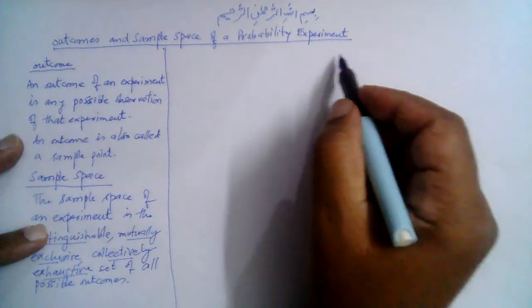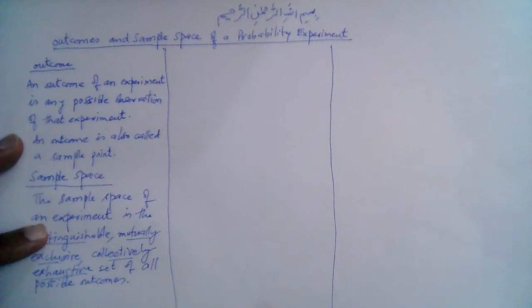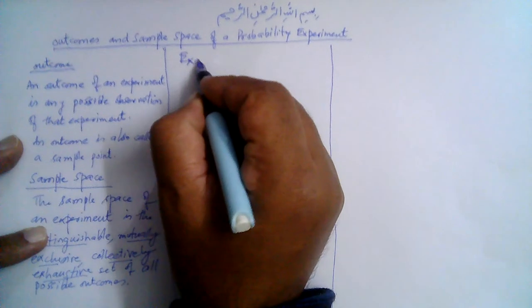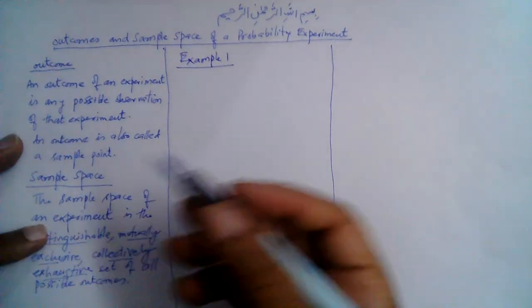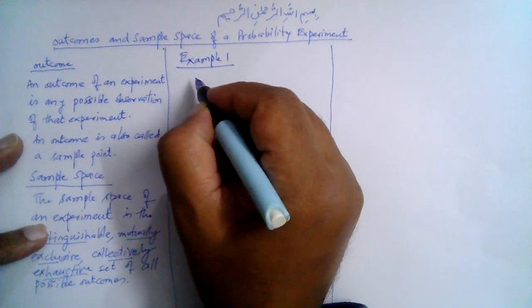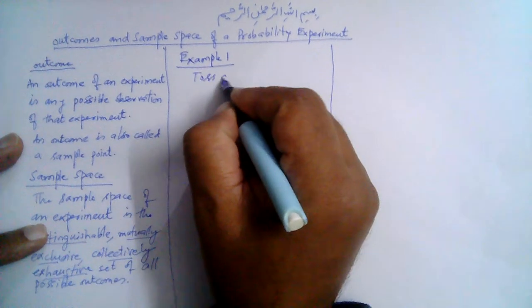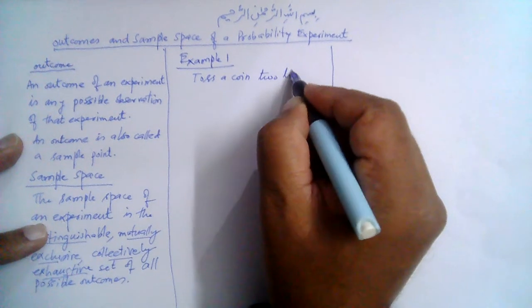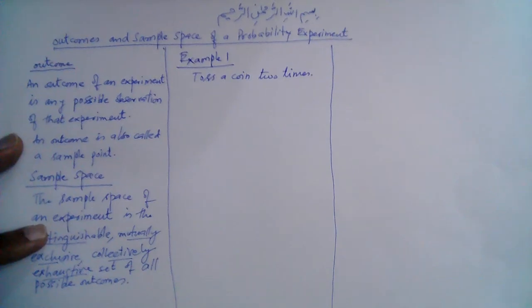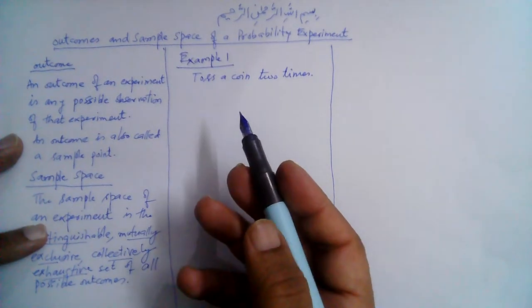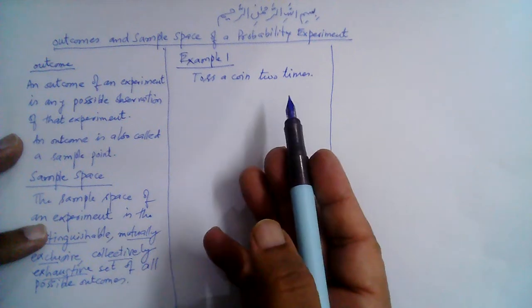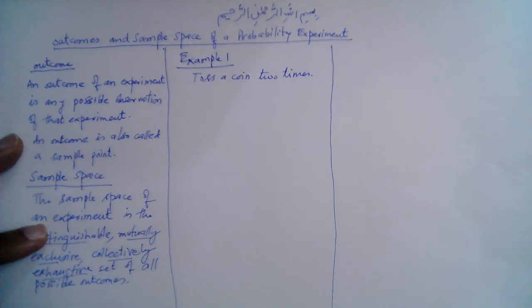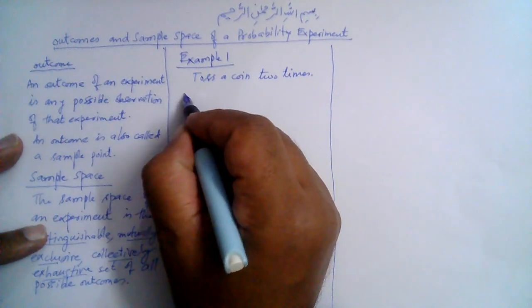So let us do some examples. For example, let's consider an experiment: toss a coin 2 times. Different kinds of observations can be made. Either we can be interested in the sequence of heads, or we can be interested in the total number of heads, right? So let's in this experiment observe